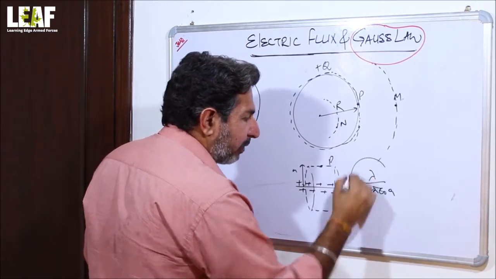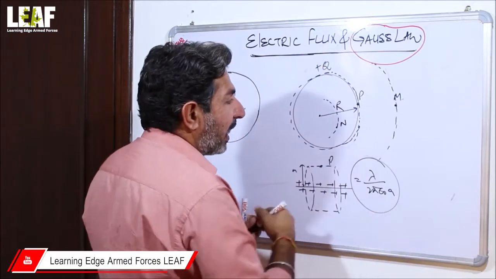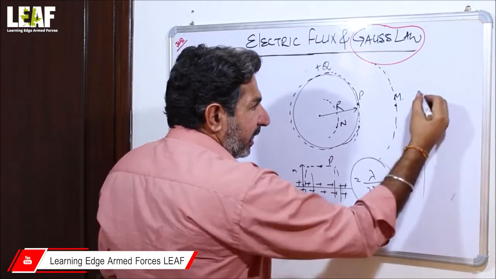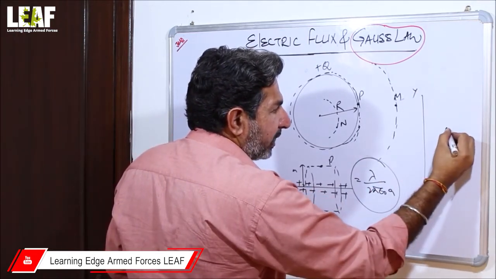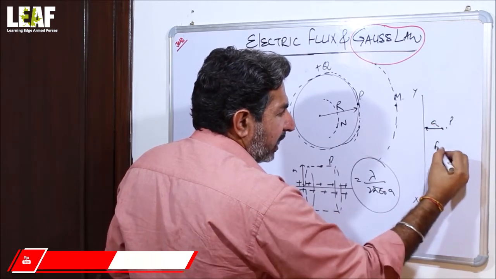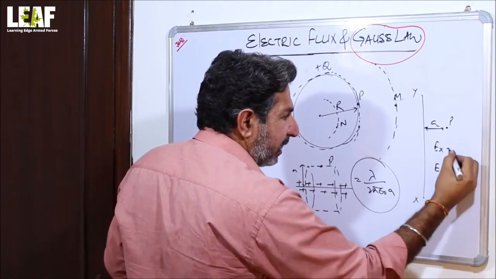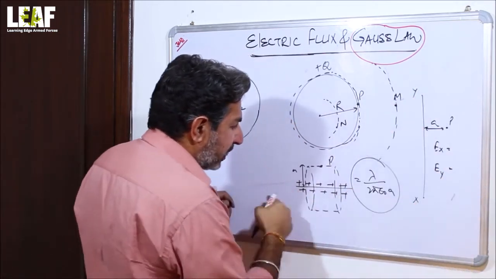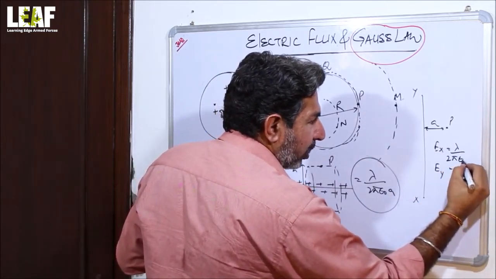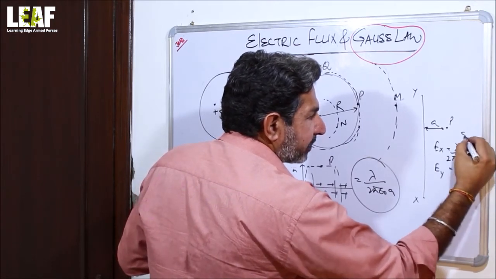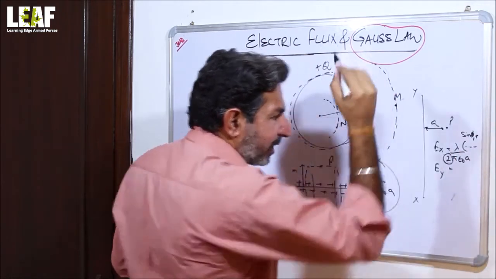If you might remember, in one of the parts I was doing it on a general basis, where I stated that if there is any wire with ends like X and Y, and the point is P at a distance A, then what is the electric field at this point P? So I stated that there are two components, Ex and Ey. Because that wire is of defined length, and this wire is of infinite length, I wrongly wrote here 2 pi epsilon naught into A, and then sine phi 1 plus sine phi 2. You might have seen that, and then I gave the correction even there.